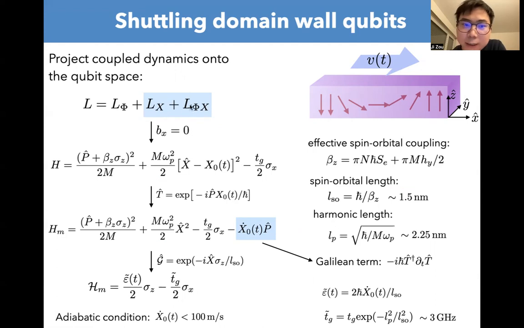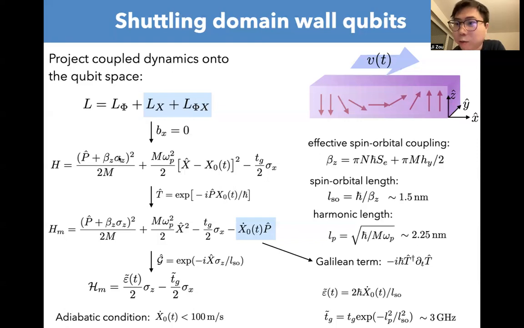And the coupling between phi and x, when we project onto the qubit subspace, gives us beta z sigma z. Effectively, this is just a spin orbital coupling between the spin space and the real space,